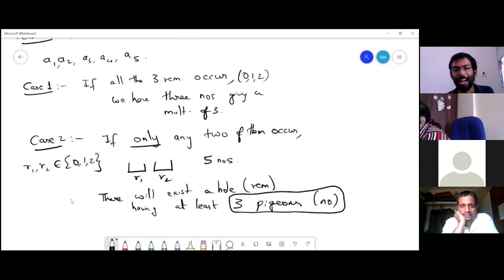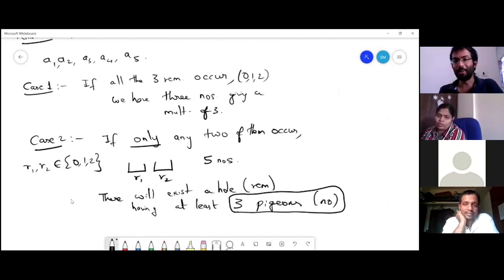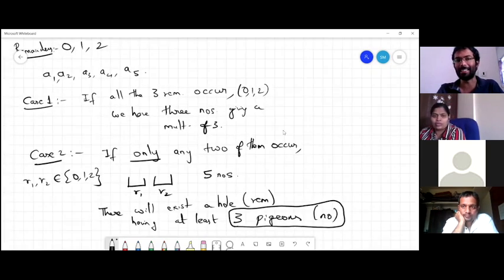And to show that 5 is the minimum, and that for 4 and 3 it won't happen, we can give a suitable counter example like the way you did, and the proof is over. So this I found very beautiful, right? So we have so many cases. Even in case 2, like Shankar rightly told, the case 2 has 3 cases.